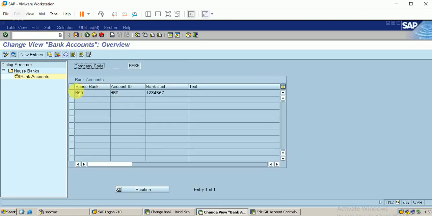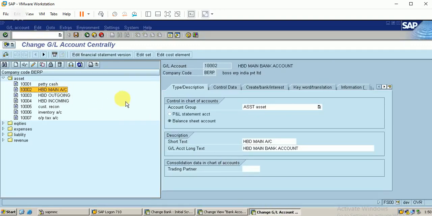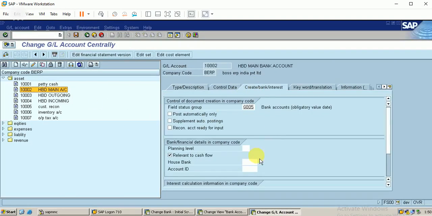You can see our house bank displays here, and our company code can have any number of house banks listed here. I will link this house bank into my GL accounts. Now we can link here HBD.